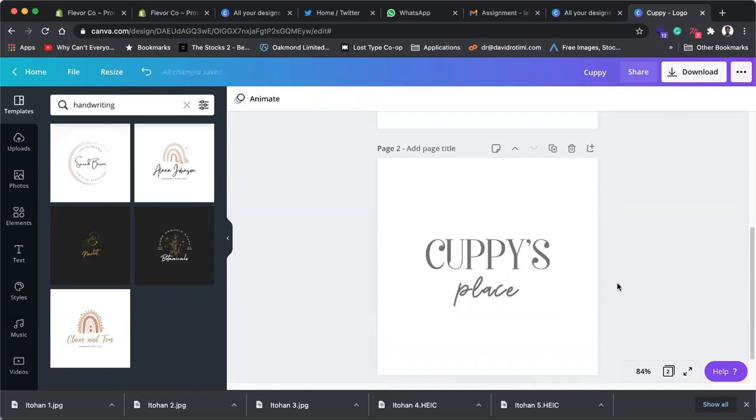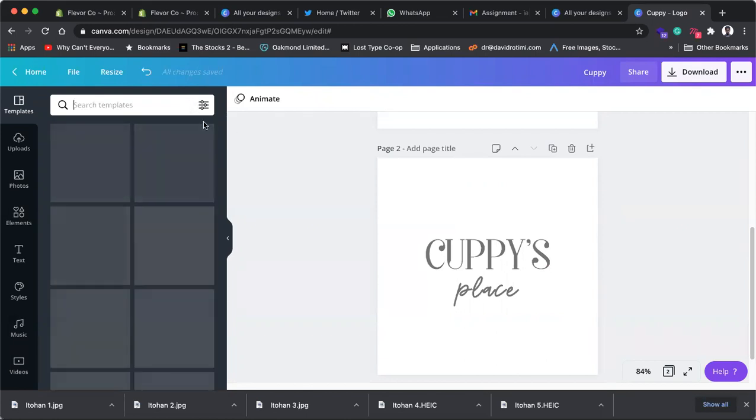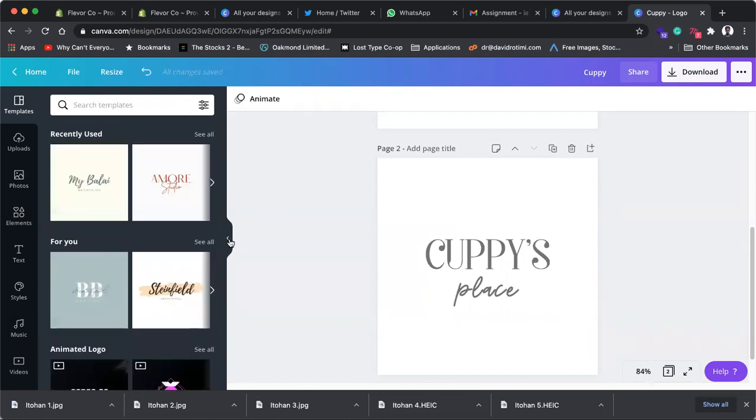Another thing we want to select now is what color we are going to use, because obviously you can't just use one color. You can't choose only one color. Okay, so let's